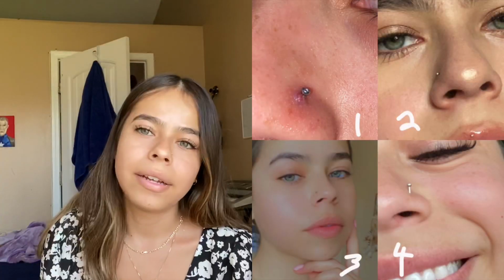The first day it didn't burn or anything, you don't really feel anything, but the second day it feels a little uncomfortable, just a little burning sensation, but that's just the sea salt and the witch hazel, and that's actually a good sign, because that means that your keloid's getting smaller, because basically what the sea salt does is it burns it off. And yeah, in 3 days my keloid went away completely, and it was perfect timing because it was literally 4th of July when I went to Mexico,